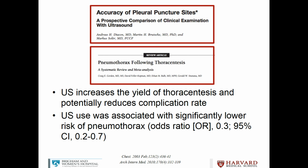Ultrasound improves thoracentesis as well. It reduces complication rates and also reduces the risk of pneumothorax. So really, ultrasound is going to make most of the procedures that you do in the intensive care unit safer